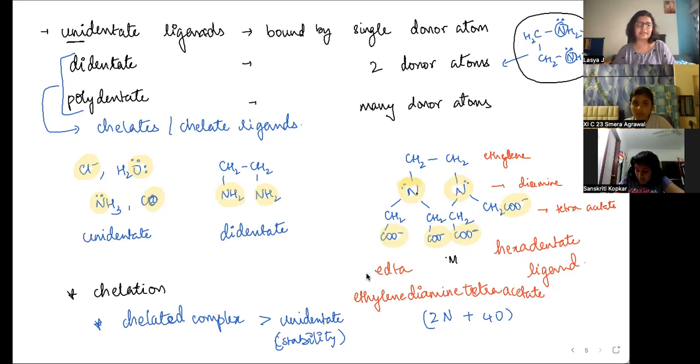So ligands is the important thing. And from now onwards, every time I talk about ligands, you should know that it's the negative atom or the neutral atom that's bonded to it. From now onwards, I'll be talking about ligands only. And yeah, talking about unidentate, didentate, tridentate, polydentate, this also gives us something called denticity. So denticity is the number of ligating groups that a particular compound has.